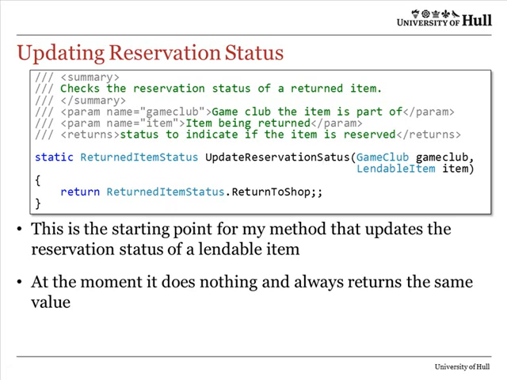Oh, no, you can't. So the method that deals with reservations is given two things. It's given the Game Club, which is the club that contains everything. That's the big container. And it's given the item that's been brought back. So we get a barcode or a magic number off that, find the lendable item with that barcode, attach